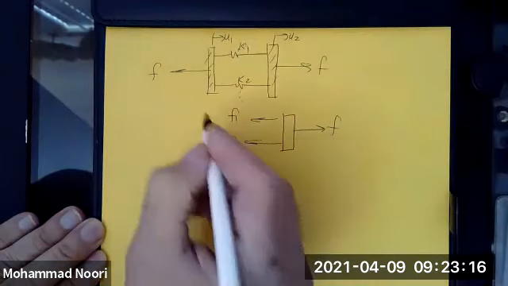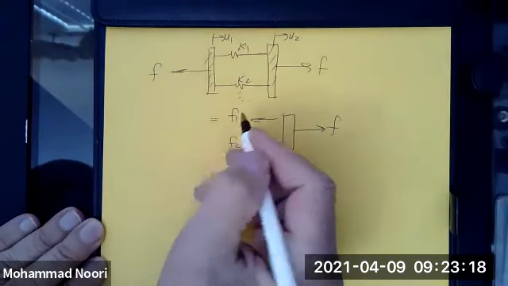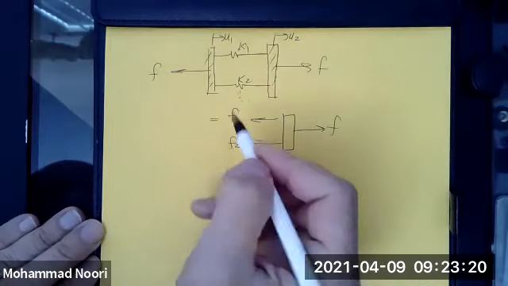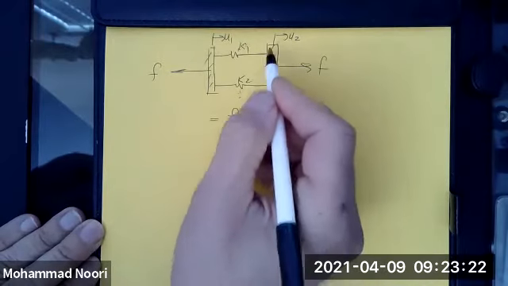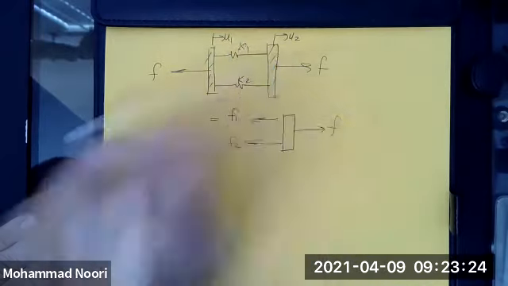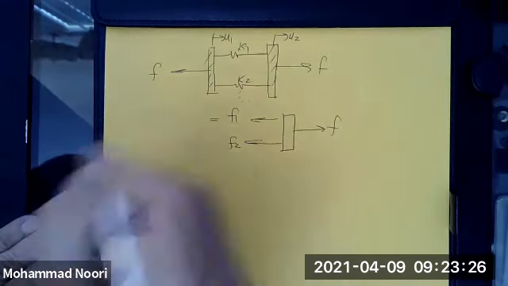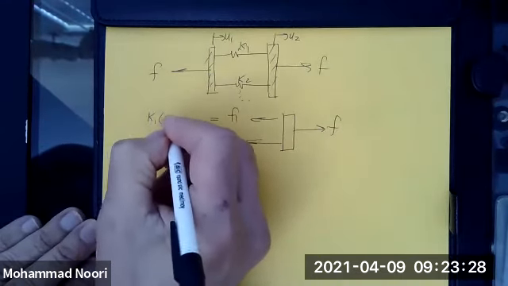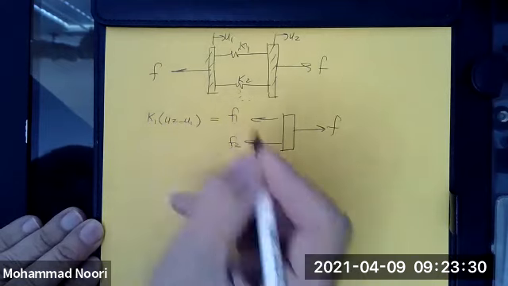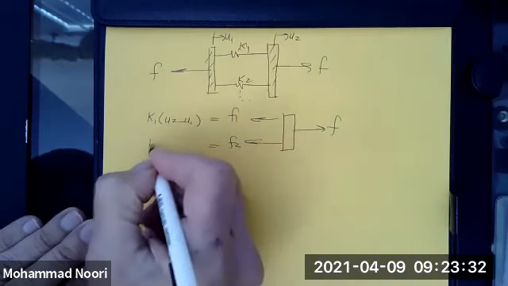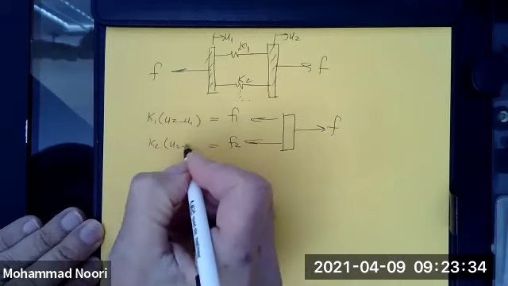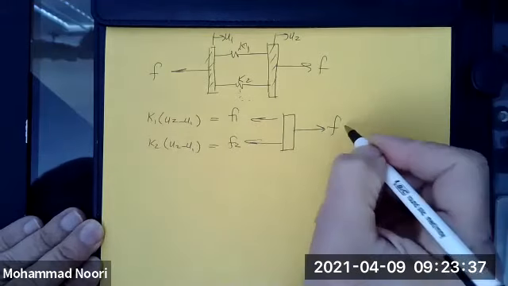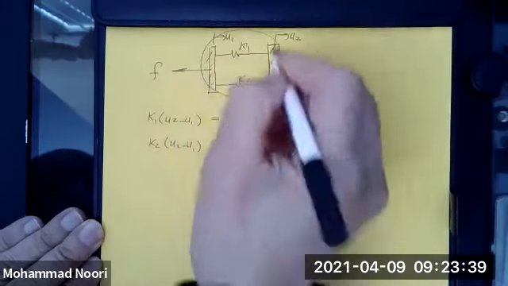So what is the relationship between the force in this spring and the deformation that it experiences? It would be K1 times U2 minus U1. How about this one? It would be K2 times U2 minus U1. Now, if you want to replace these two with a